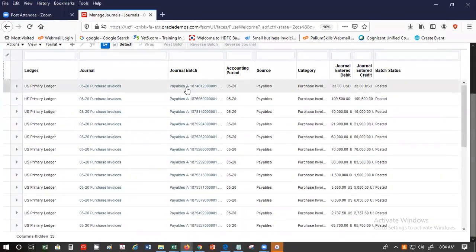So if you want to look at, like, these are the purchase invoices. So this was in primary ledger. If you want to look at the transaction,